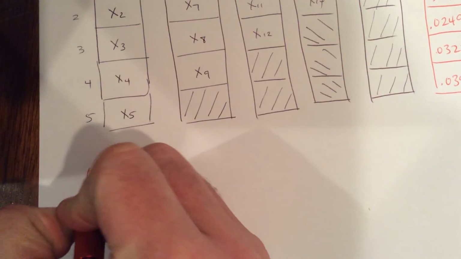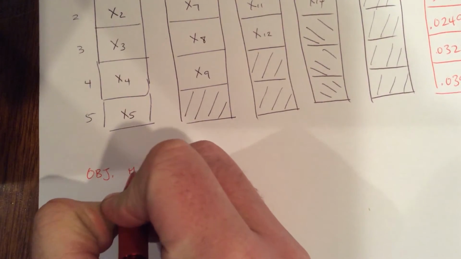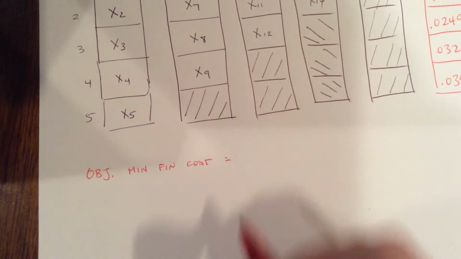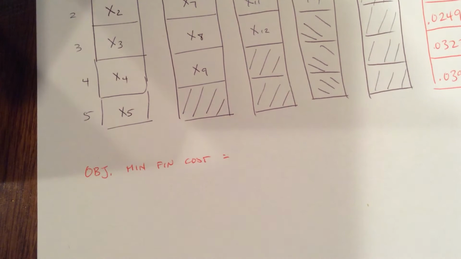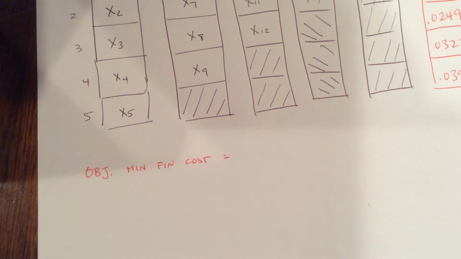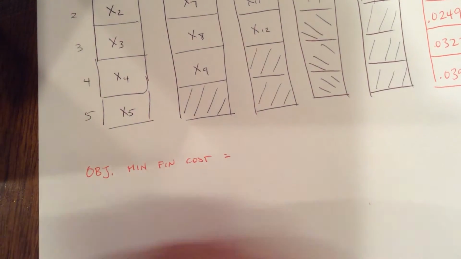So our objective is to minimize the financing cost. Well, let's think about this. If I borrow $100,000, that is income to me. When I have to pay back that loan, say a month later, the $100,000 isn't the cost because that's the money I was given. The cost is the interest that I accrue upon that initial loan. So the way we're going to think of our objective